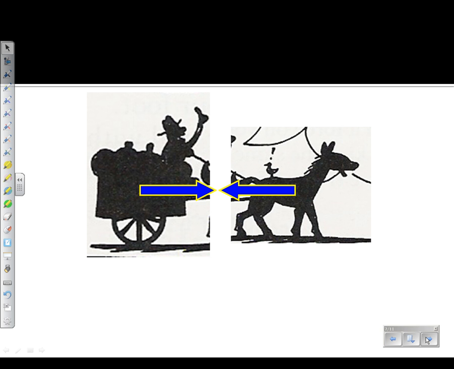So can this be the only thing going on here? No. What do we know happens to the horse? He moves forward. So to get that horse to move forward, there has to be a force in this direction. It has to be bigger than the blue force. So now there is a net force moving in the other direction. How does the horse accomplish this? He pushes on the ground.